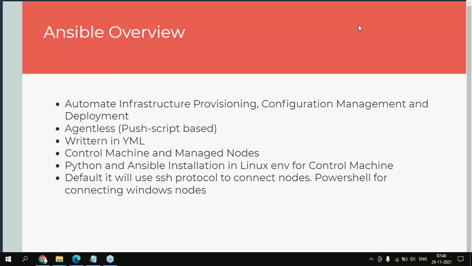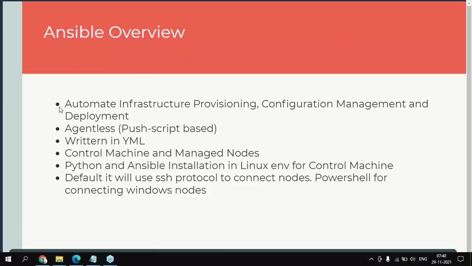So with that said, Ansible is not just about infrastructure provisioning. It will do configuration management and then deployment also. Infrastructure provisioning means we can create the Azure, AWS, and other cloud resources, whatever we mention in the ARM templates and Terraform. In a similar way here also we can create all the infrastructure resources, but just the syntax and the flow